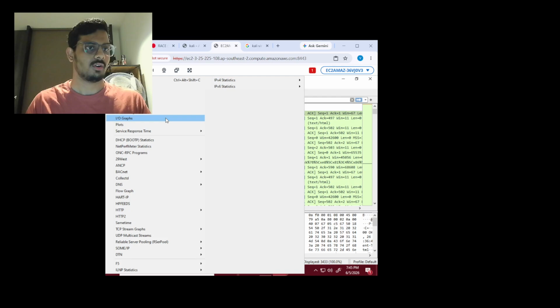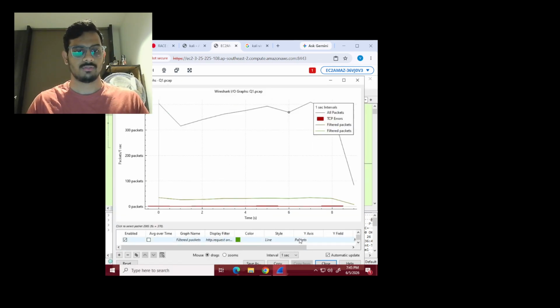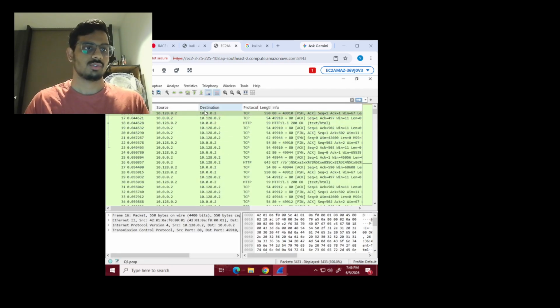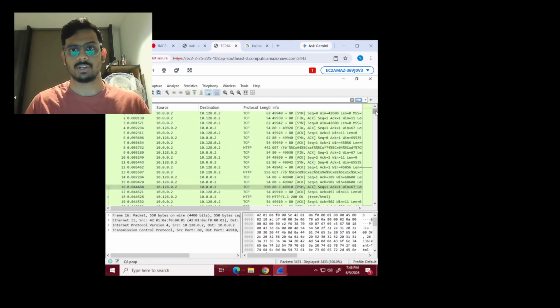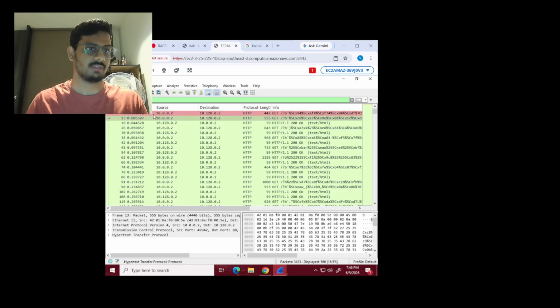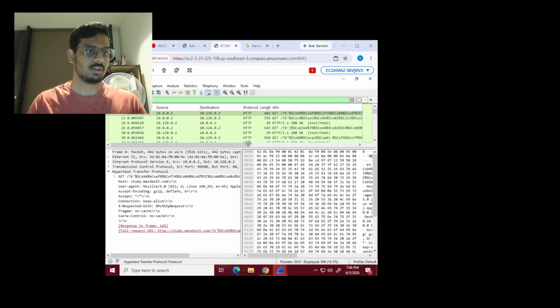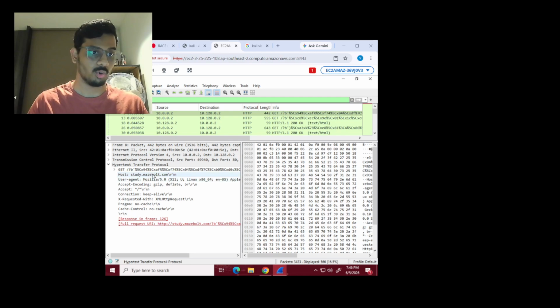We can also check the IO graph when we filter it with 1 millisecond. So there have been constant transmissions between these two IP addresses as well. If we want to filter a particular packet, while doing it with HTTP, we can figure it out here as well. So here you can see the host is study.mazeball.com, which is obviously suspicious, and the other details as well, the GET ID with URL